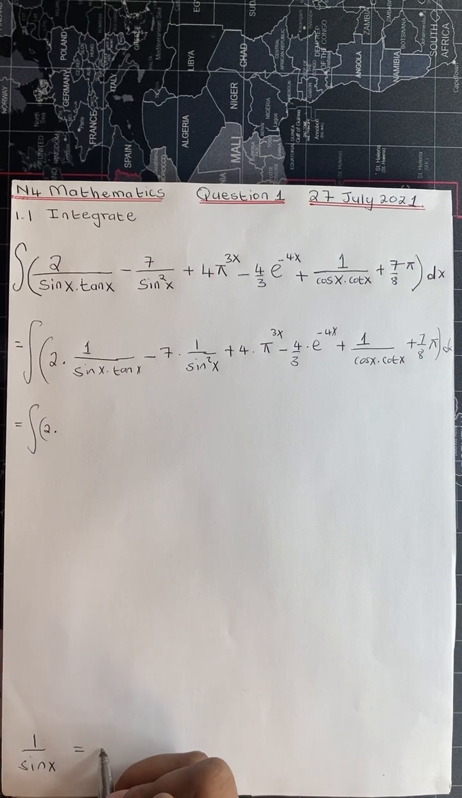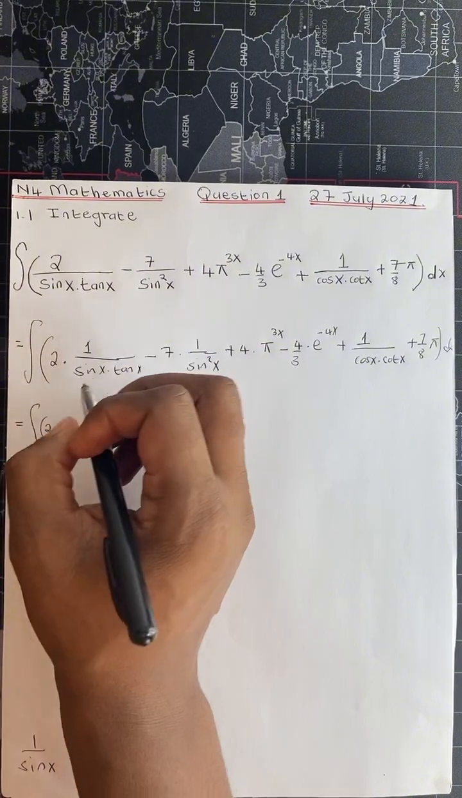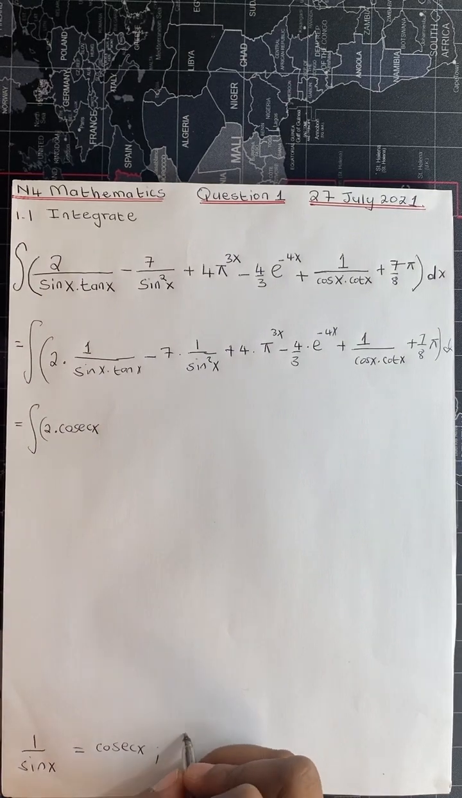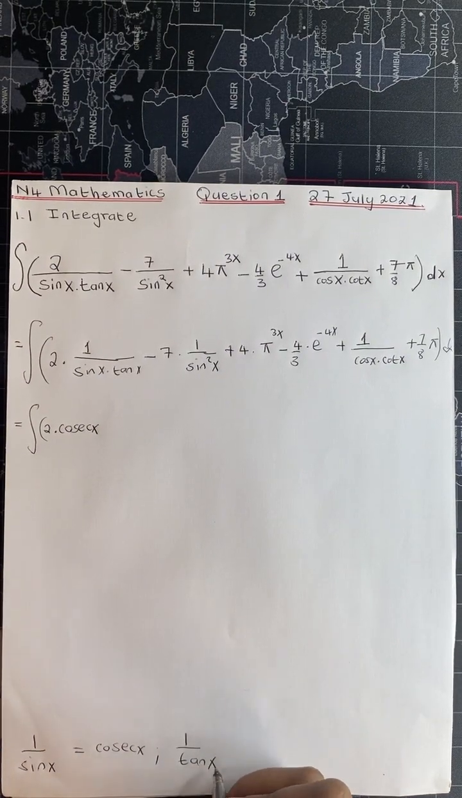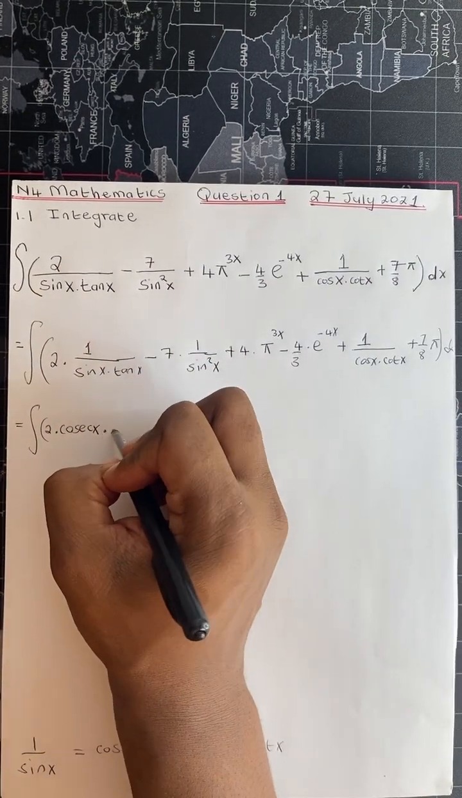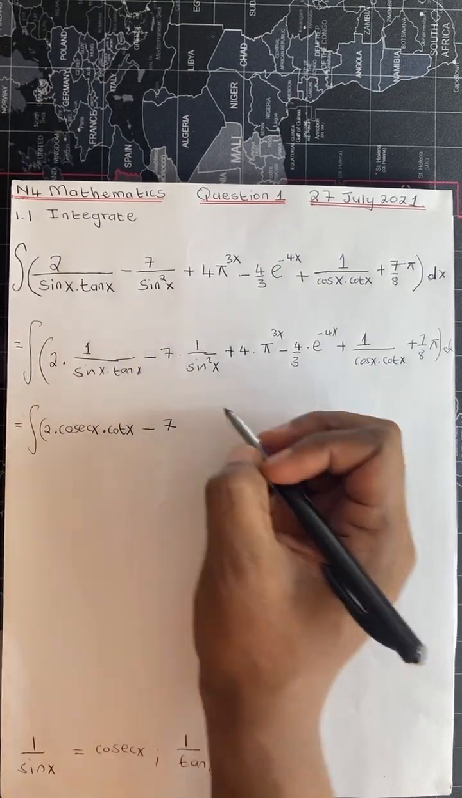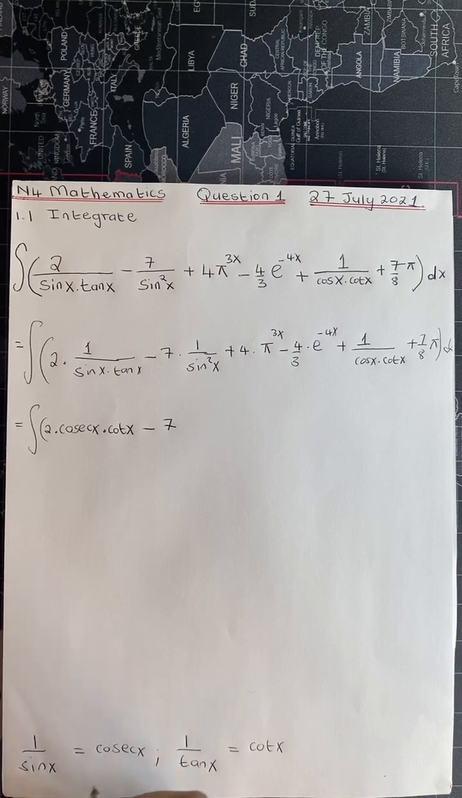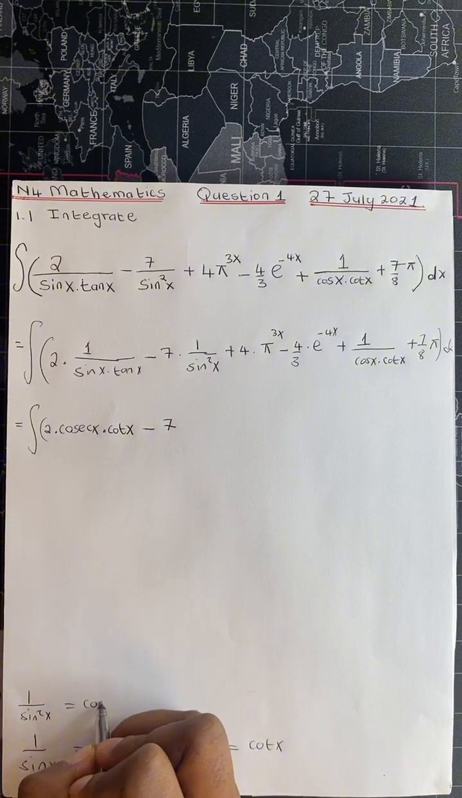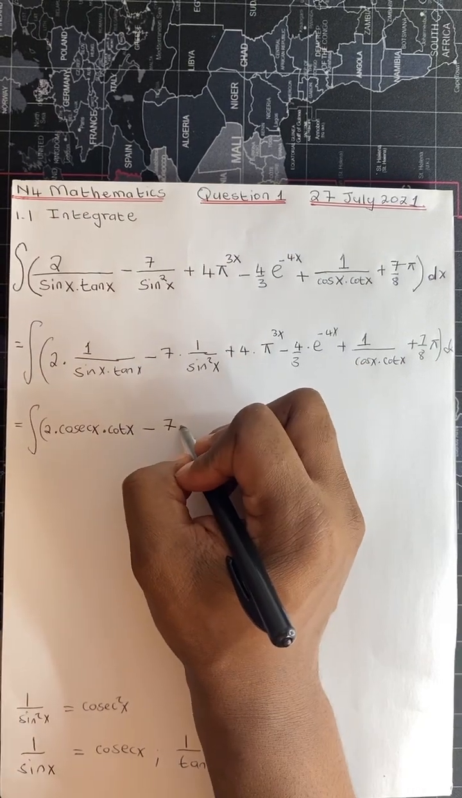sin x is equal to cosec x. So in the place of this 1 over sin x, we will write cosec x, and 1 over tan x is equal to cot x. So in the place of this 1 over tan x, we substitute cot x minus 7 over, so we have 1 over sin squared x, which will be equal to cosec squared x. So in the place of that 1 over sin squared x, we write